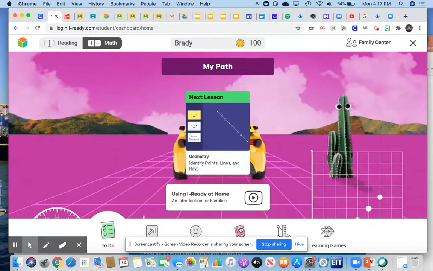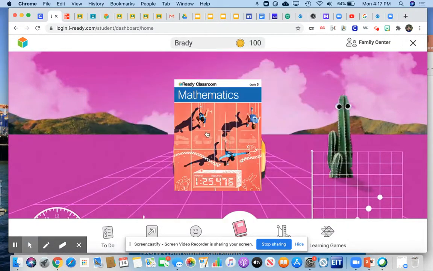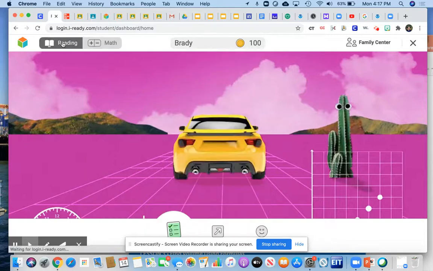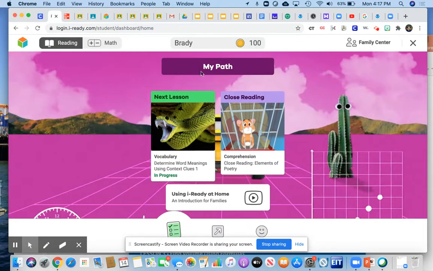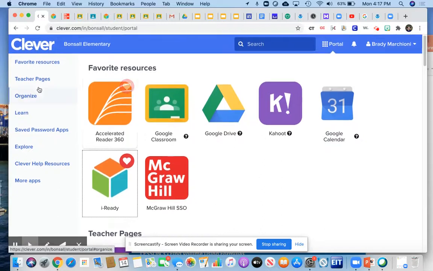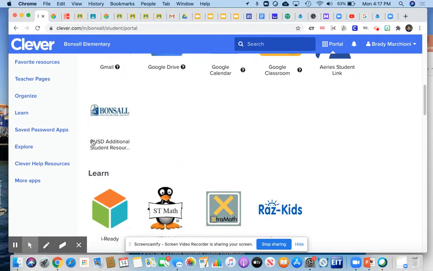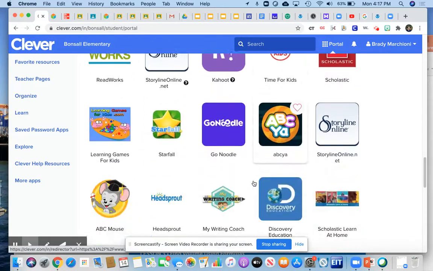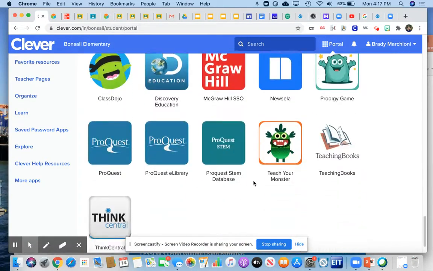If you need to get to the workbook or the textbook for any reason, it's all online right here. If you're wondering what to do if your student has extra time at home, this is how they could get to extra math resources, and this is how they would get to extra reading resources just by toggling back and forth between those things. So if I go back to my hub, let's see, the other thing, Who's Reading is what I wanted to show you. So that's going to be what we're using to